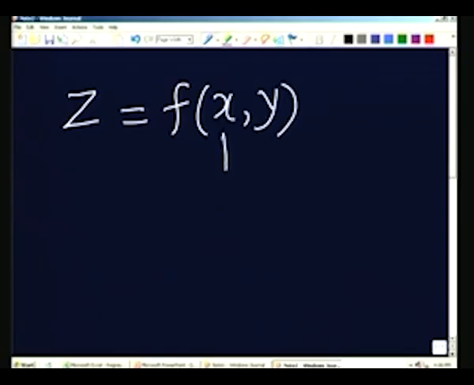In the example of the hygrometer, this will be the RH, this will be the temperature, and this will be the resistance. Of course, we need not have only two variables here, we can have more than two variables. However, if the relationship z equal to f of x y is linear, that means